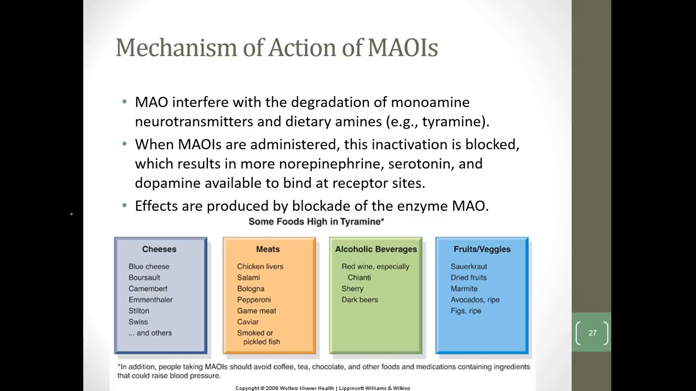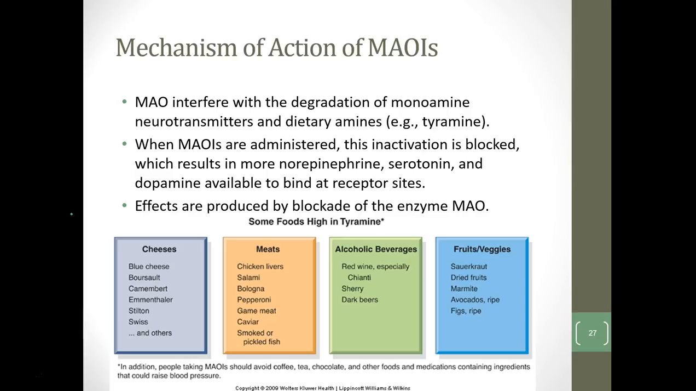And what happens is we need to think about foods that would also increase this tyramine, which could intensify the effects of that release of those monoamines. So these foods help produce monoamines. So people who take MAOIs need to avoid certain types of foods. That includes certain types of cheeses, especially ones that are aged, blue cheese, camembert, Swiss, meats, salami, bologna, alcoholic beverages,